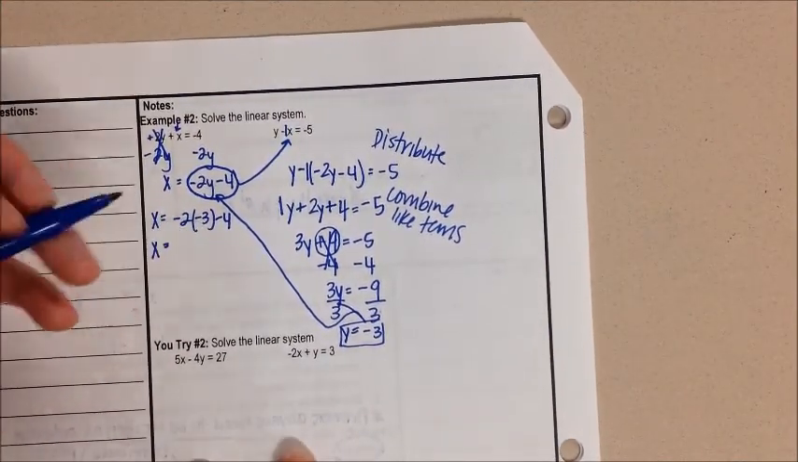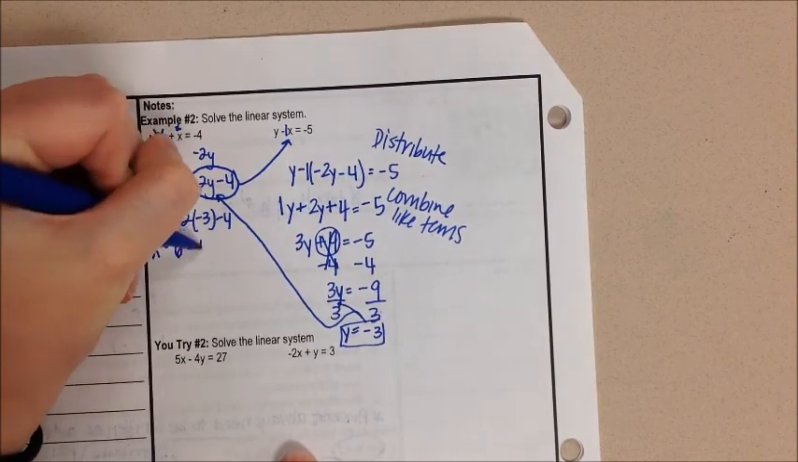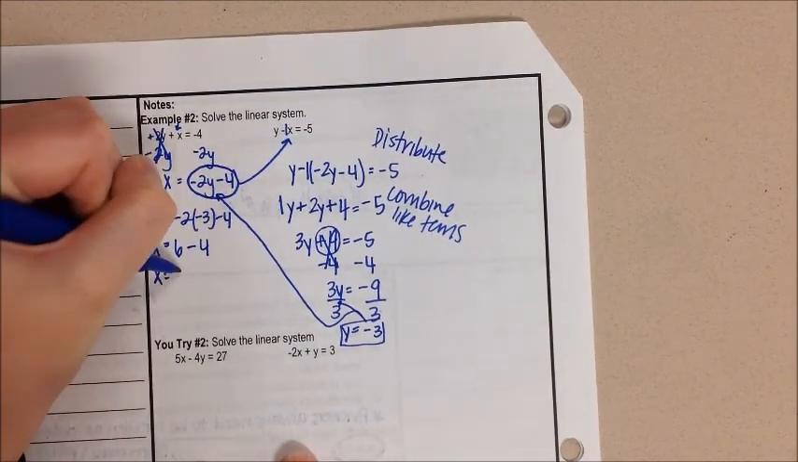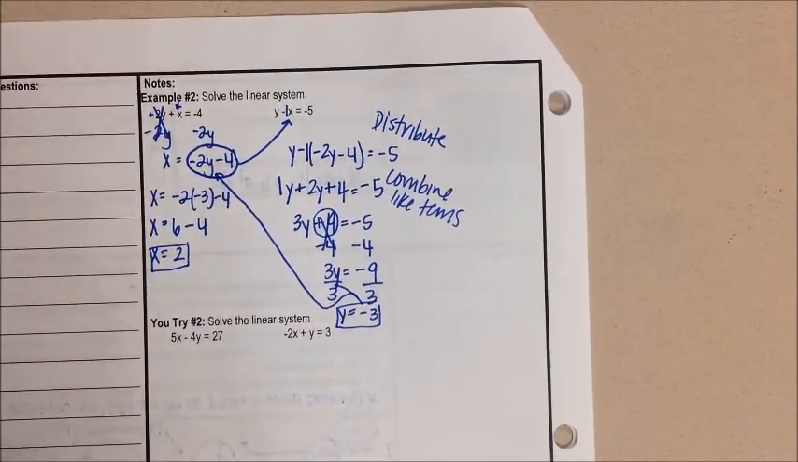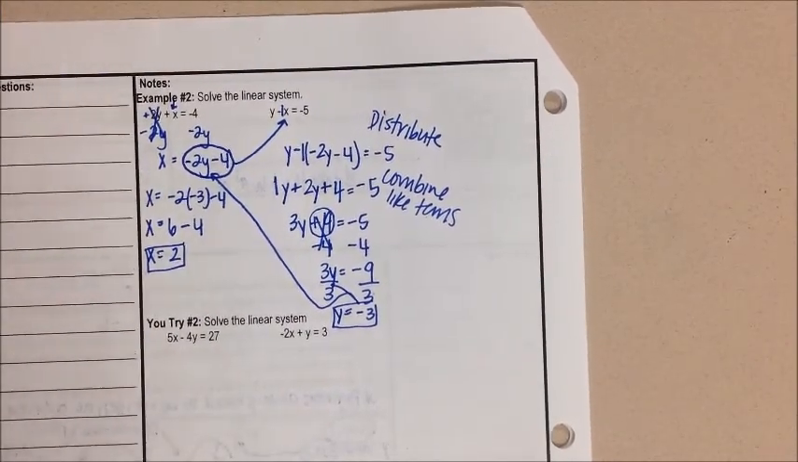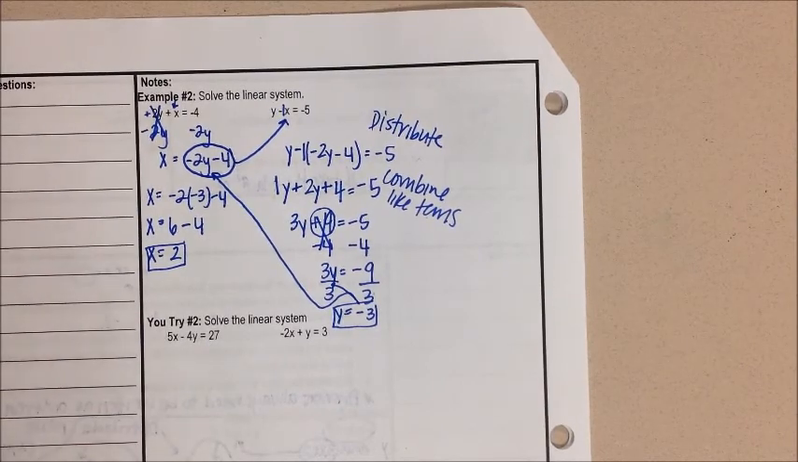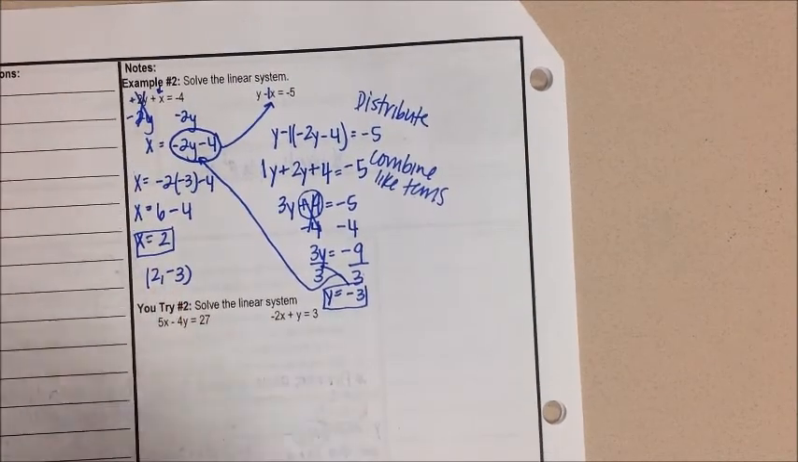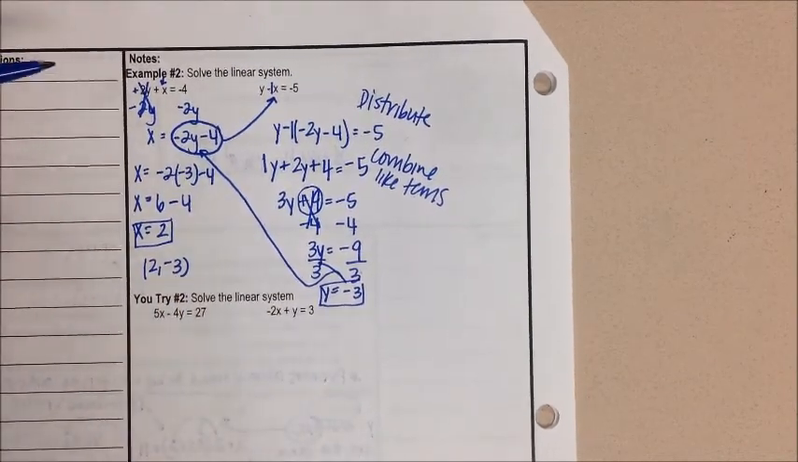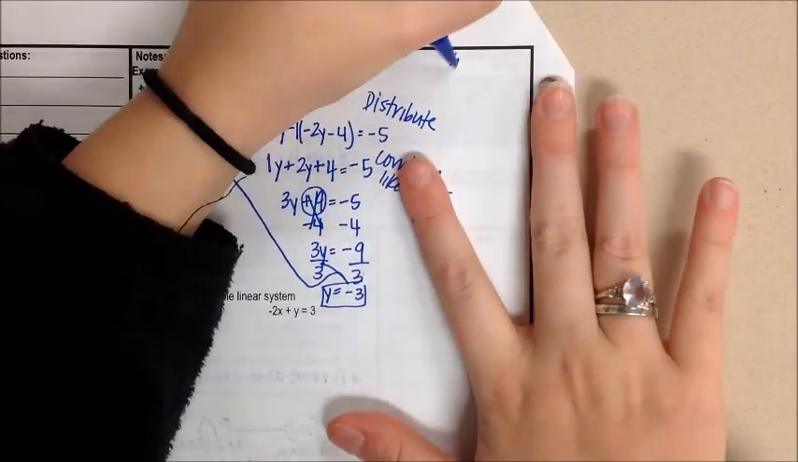-2 times -3 is 6. 6 minus 4 is 2. Okay. Now, when you check your answers, you always want to use the original equations, not your altered ones. Okay, now I will say, I'm going to make sure I write my answer, so 2, -3. Okay, so you can do a lot of this in your head, but when you check,